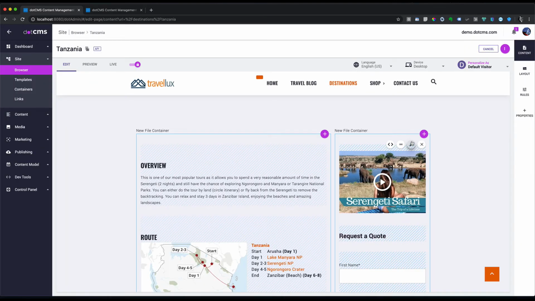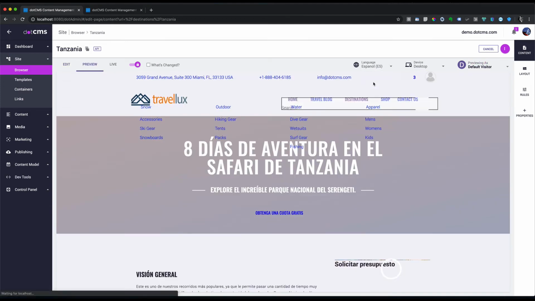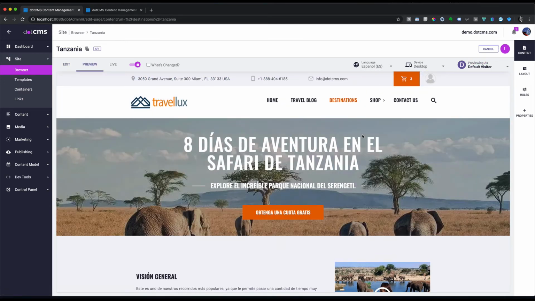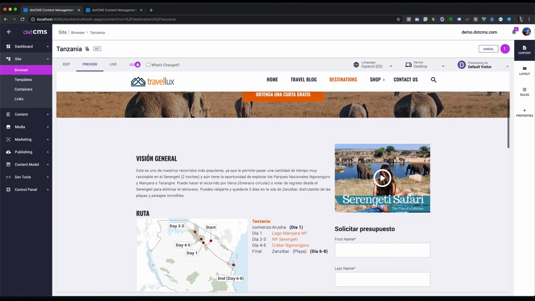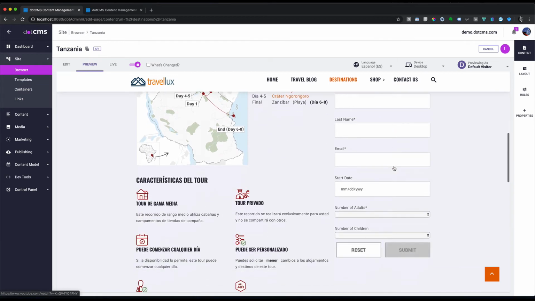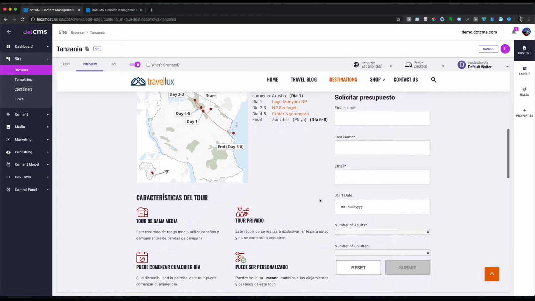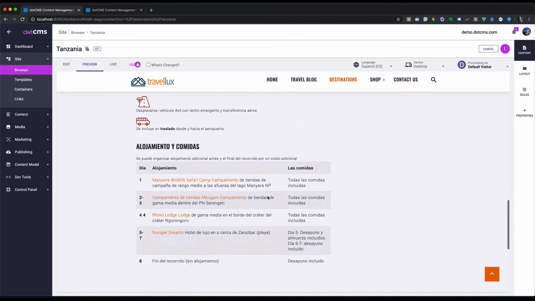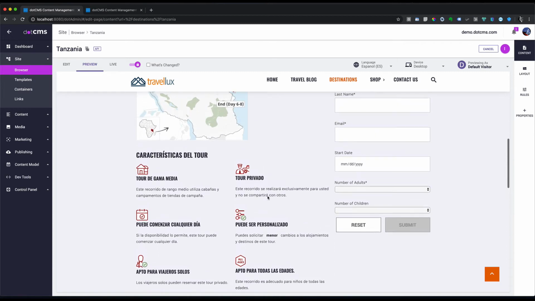Okay, and the video should persist and the form should persist, although I should probably create a Spanish version of my form. Let's first go ahead and do a Spanish preview. And now we look at all our content in Spanish. And so now I can see all of my content. The widget persists, the video widget, and also the form, although I need to create a Spanish version of my form as well. But everything else has already been translated automatically for us, and that's really a nice quick starter